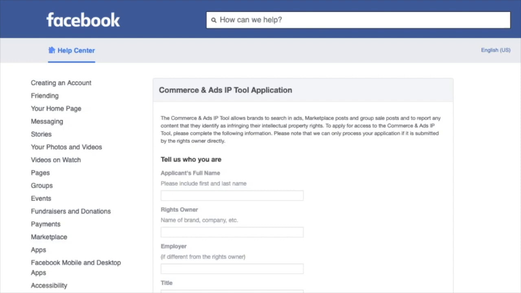It asks for your trademark registration number, your trademark jurisdiction, and it also asks you to provide a direct link to your trademark registration or upload a PDF showing that you actually have a trademark registration. So it looks a lot like Amazon's brand registry application. And in practice, it'll be interesting to see how the tool actually works. When we figure out more about the tool, we will certainly let you know.